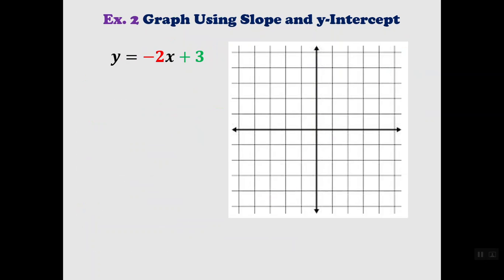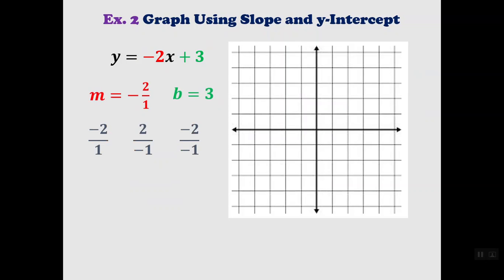Example 2, let's try another one. First thing we're going to do is determine our slope and our y-intercept. The slope is -2, so we're going to express that as a fraction, -2/1, and the y-intercept is +3. Before we do anything, we need to think about what that slope means in terms of -2/1. Let's think about the possibilities of how we could express the negative in a fraction. It could be -2/+1,